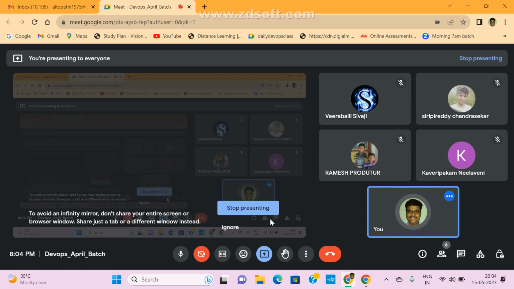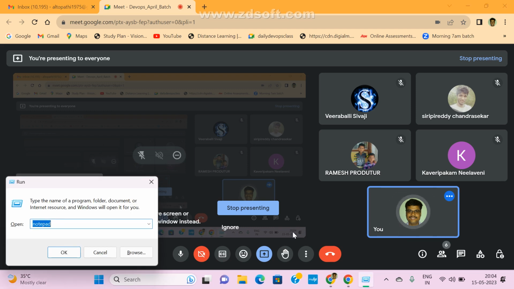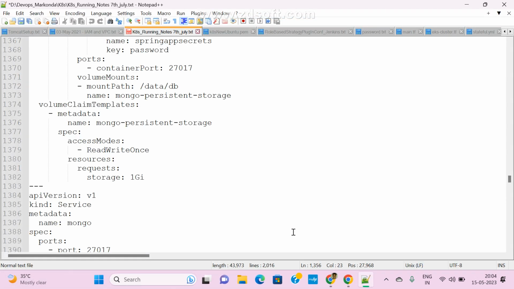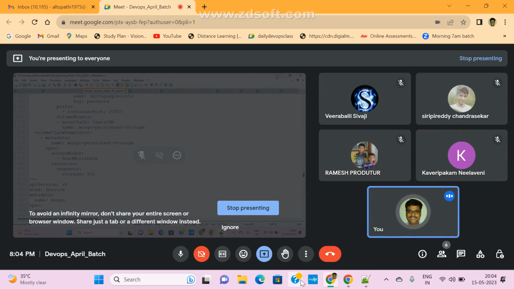In every interview, they are asking: can you write a sample Dockerfile, and what are the Docker keywords?